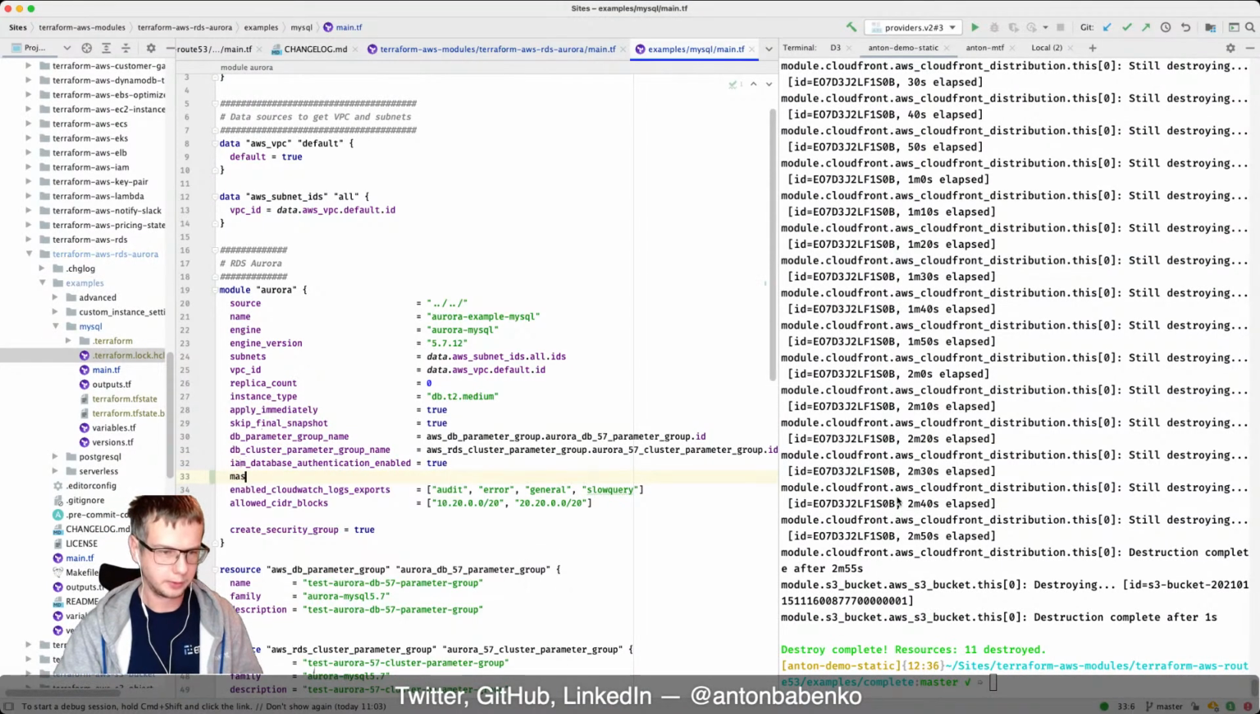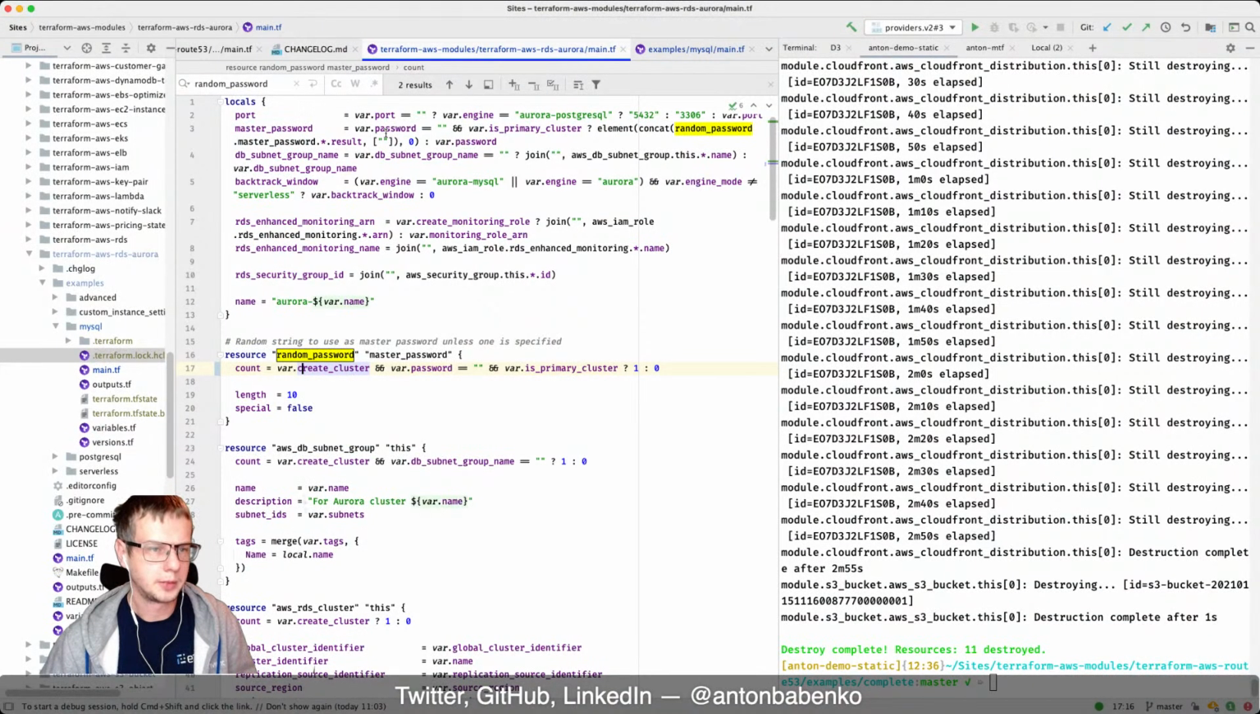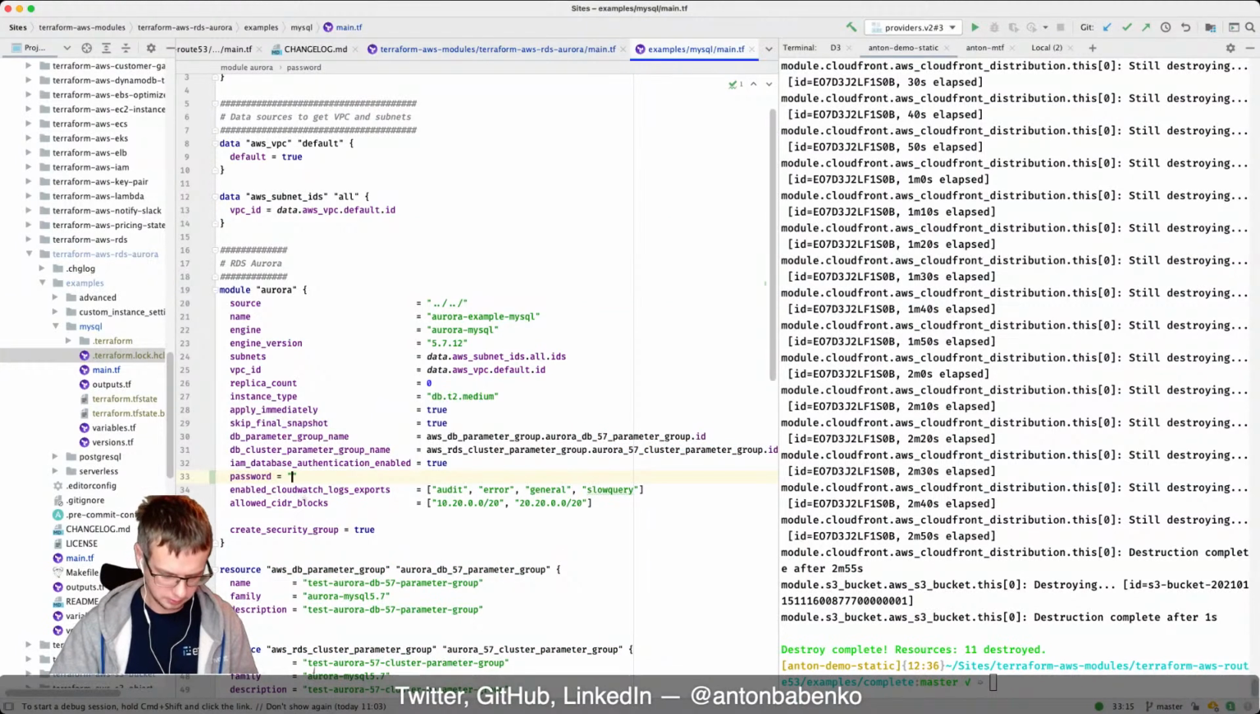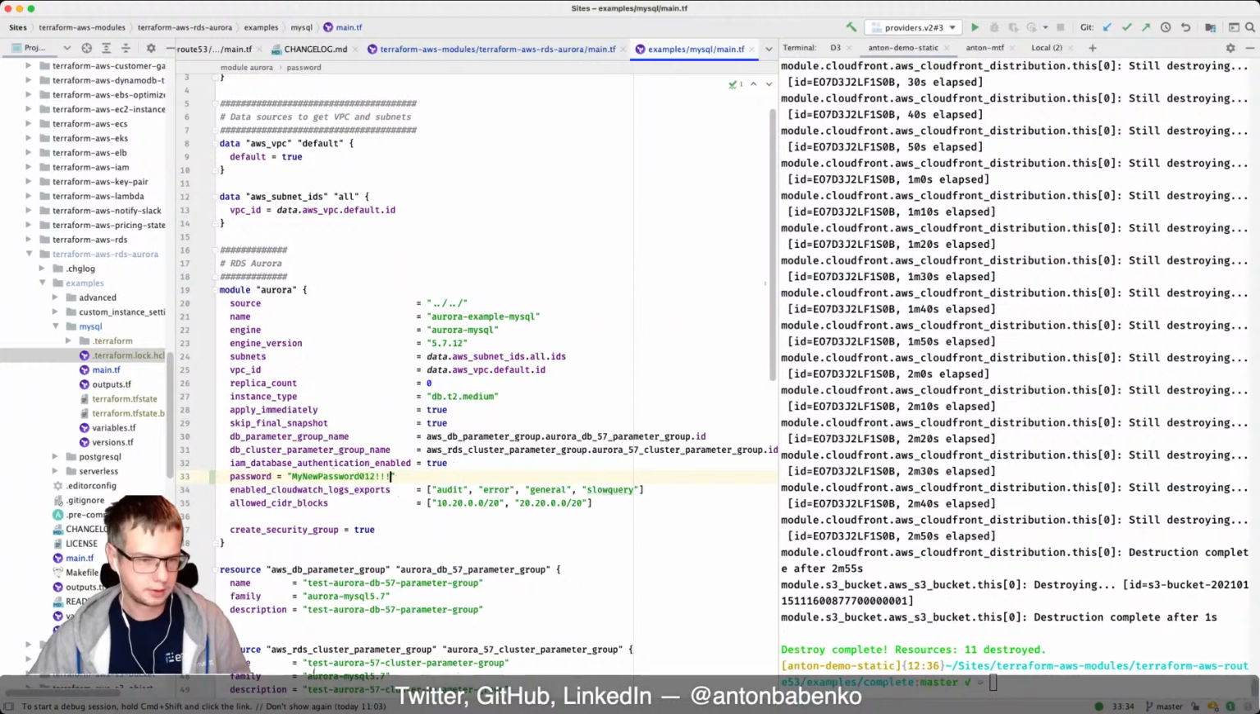So the way to do this is to use master... well, not master, but password. Password, my new... I know that it has to be special, because Oracle, for example, has a few requirements on password length and password complexity, as well as MS SQL. Okay, so here it is. So now let's go to